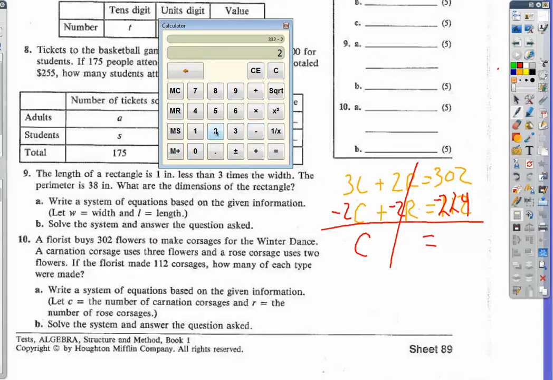78. So I made 78 carnation corsages. Say that 15 times fast. So that means move the 112 minus my 78. So I have to borrow there, right? So there's my 4 right here. So I have 34 rose corsages, and I have